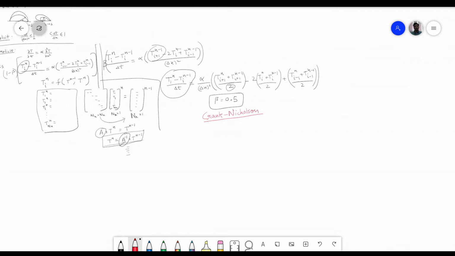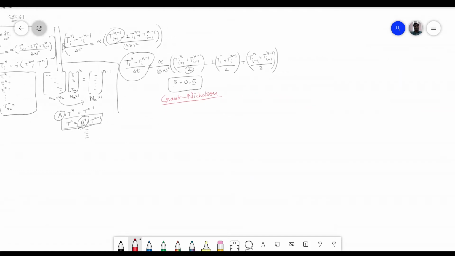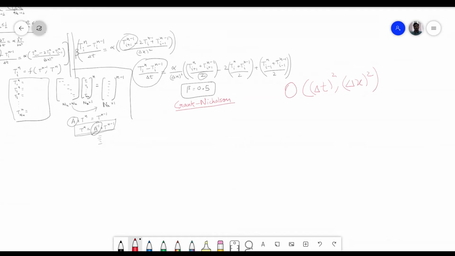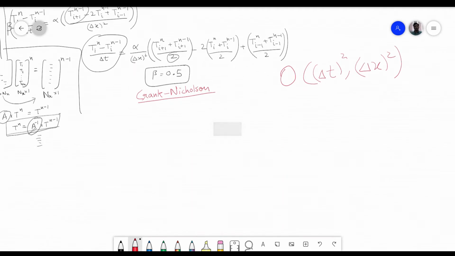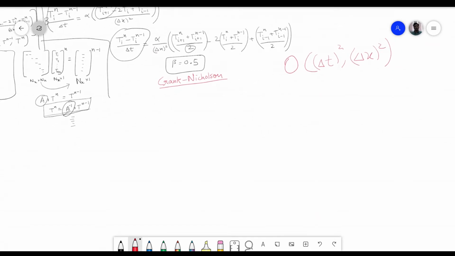And this has good properties such as this is order delta t square, delta x square. Although it looks like it is order delta t, but actually it is order delta t square accurate and delta x square accurate. Delta x square it is by default from the explicit and implicit, you can see both are central difference, but it is delta t square accurate also. Okay,